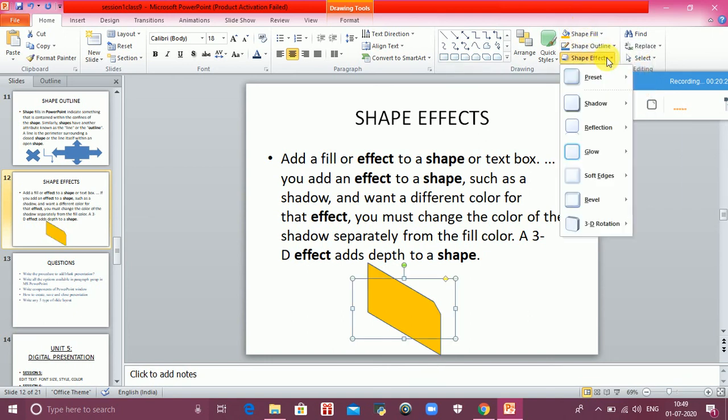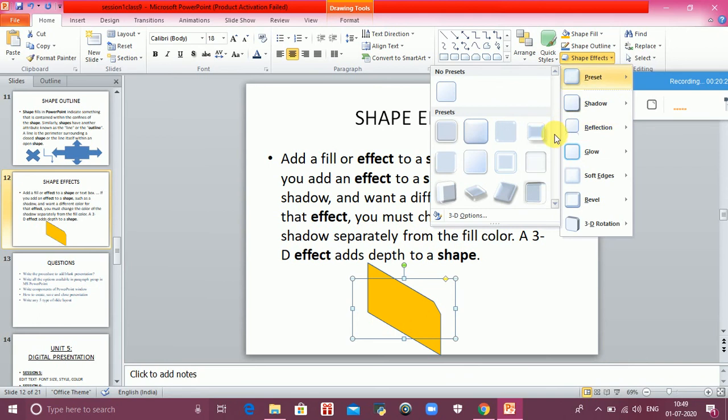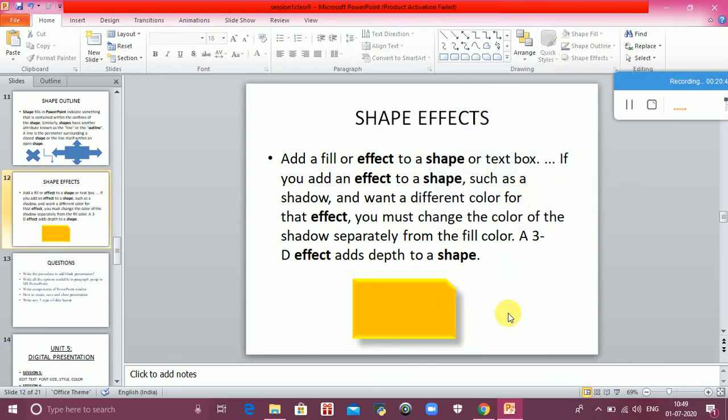Okay, there are various effects. You can see the changes. Okay. So these are the shape effects. We are having various shape effects.